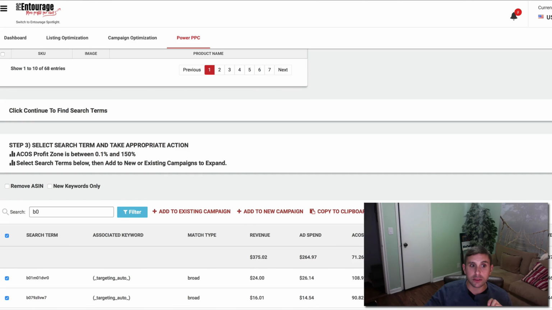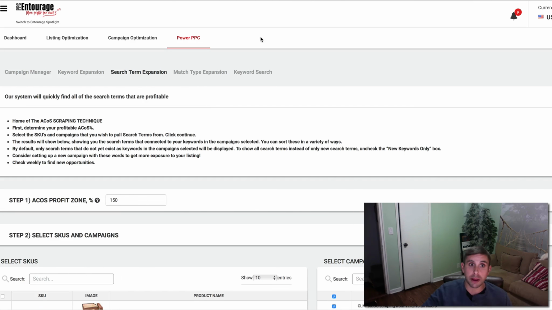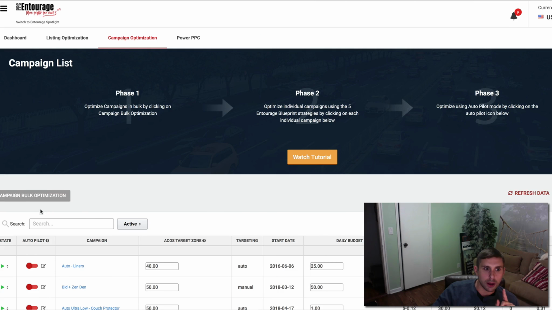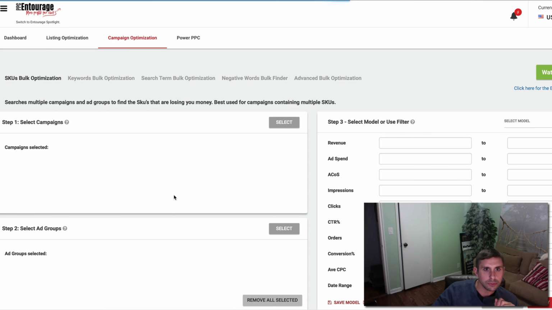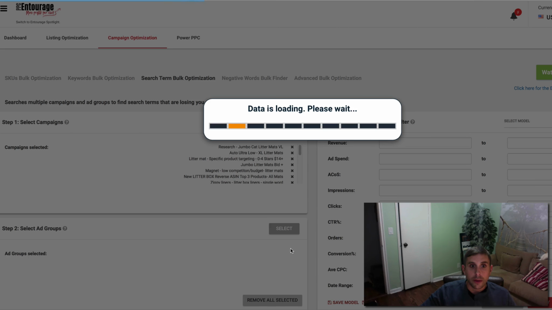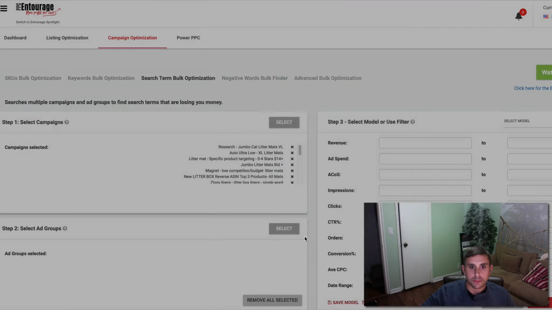I want to find the individual ASINs that have 0 sales. So what I would do is I would head on over to campaign optimization, because that means we spent money on this ASIN and it had 0 sales. That's never a good thing. So what I'm going to do is I'm going to head over to bulk optimization. And we're going to find the search term bulk optimization, and we're going to select the campaigns we want to select. Okay, select those. We are then going to select all of the ad groups,